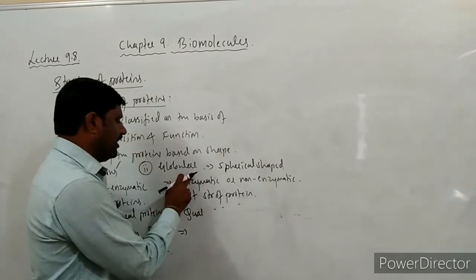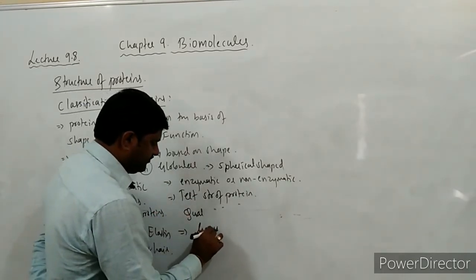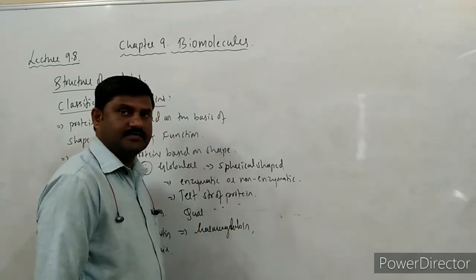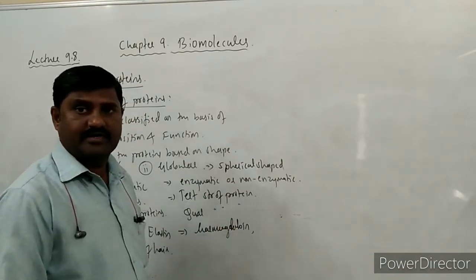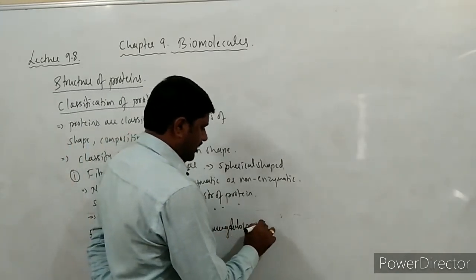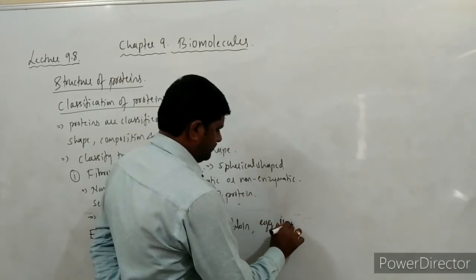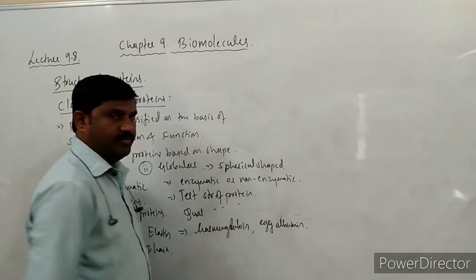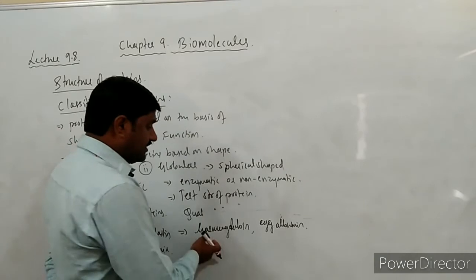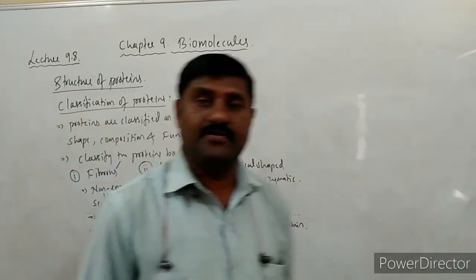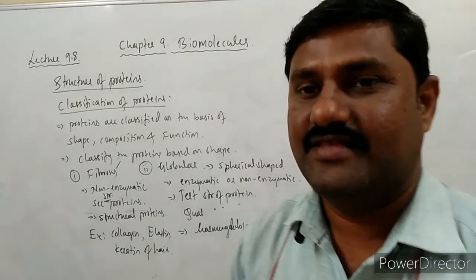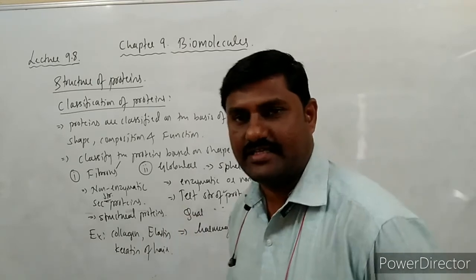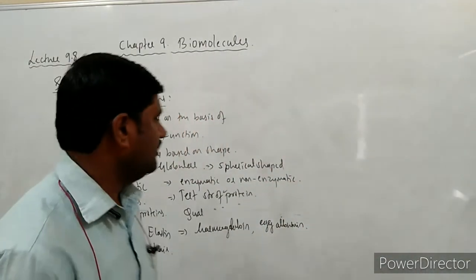And such kind of globular proteins are hemoglobin. Hemoglobin is the best example over here, right? So these are non-contractile one, right? Here albumin is also a best example. Albumin is an example, hemoglobin is an example, right? So like this, there are different types of globular proteins that form different kinds of structures. So this is how we are classifying these proteins on the basis of their shape itself.